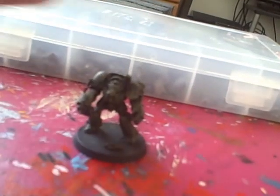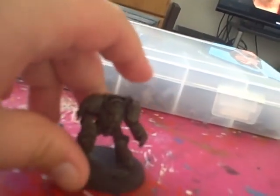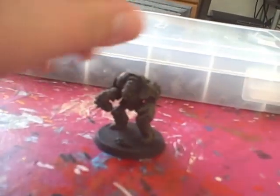So what we're going to start off with is my Assault on Black Beach Terminator here that's been painted already. I was trying out a Nurgle scheme, but he'll be fine for the tutorial. We're going to use gray primer, we're going to prime this guy up,